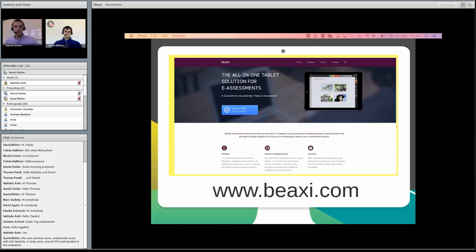And yeah, the third statement, what was very important for us, the examination software is self-explanatory. And that's where our efforts were aiming at, that we have an application that is actually not that different from any other Apple iPad applications. So if you're used to using your, I don't know, calendar, mail program and stuff, you should be able to actually also use the BeAXi iPad Cloud without any problems. And to see that most students agreed was really convincing for us.